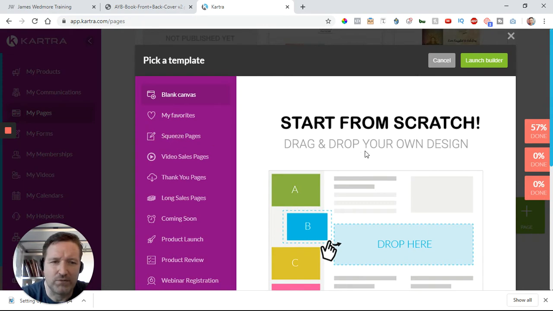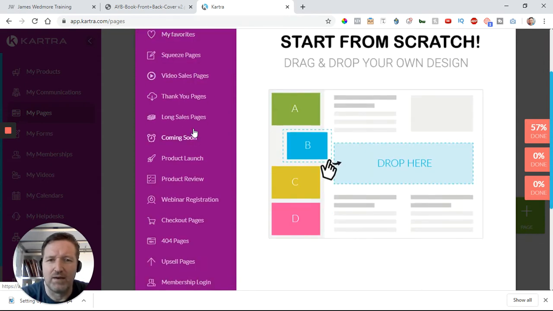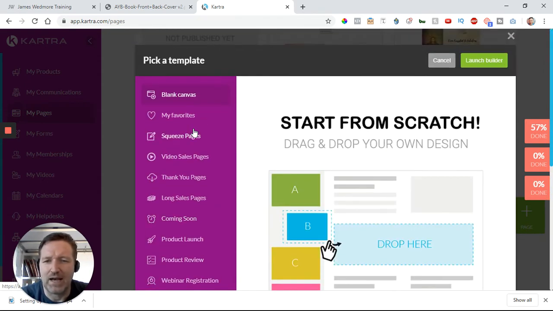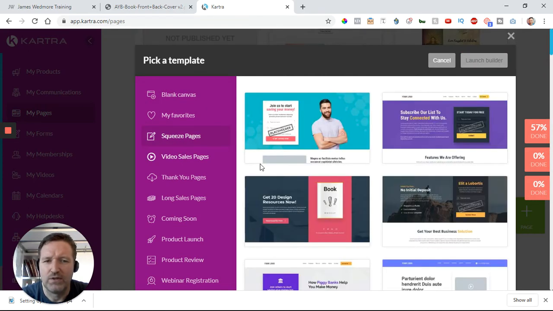and you can start on a blank page if you like. If you know what you're doing, that's okay. But the easiest way is to pick a page that it has already laid out and designed for you, and just pick one which you like the look of and is closest to what you need. So if I go through some of these, it's got a whole load of squeeze pages,